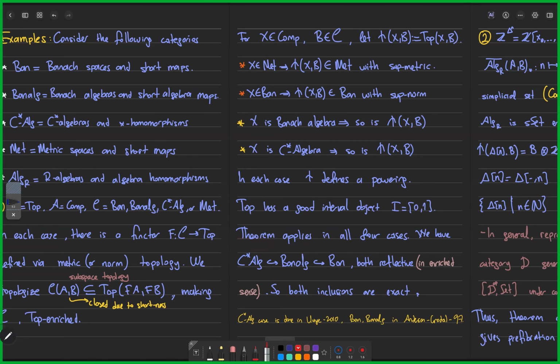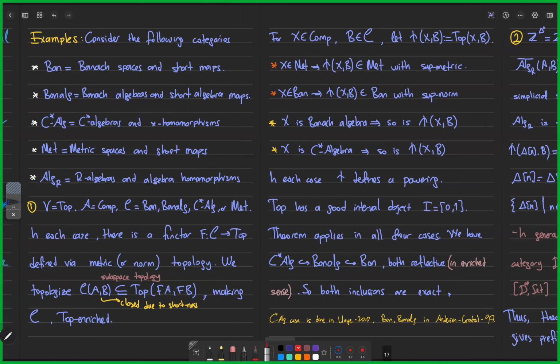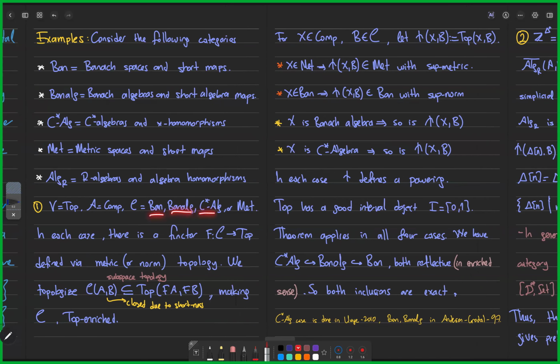So that means Banach algebras, C*-algebras, or metric spaces, they are all categories of fibrant objects where weak equivalences and fibrations are created by co-representable functors. And the first one, the C*-algebra case, is actually done by Uuye Otgonbayar in 2010. And the Banach algebra case follows from Anders and Grodal's preprint in